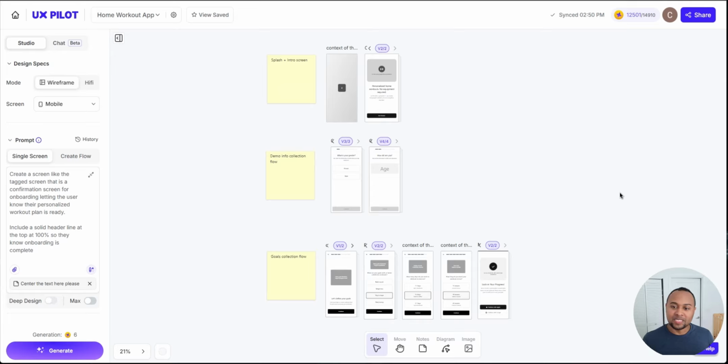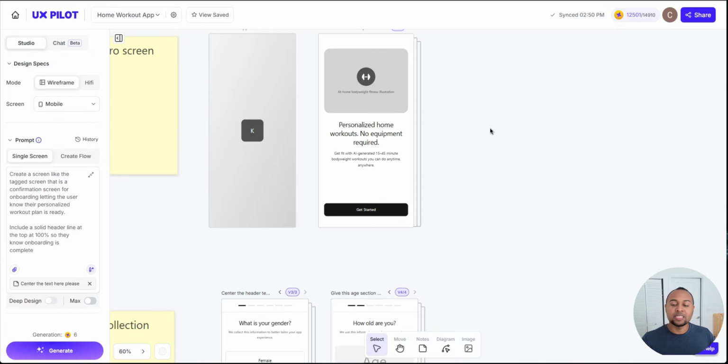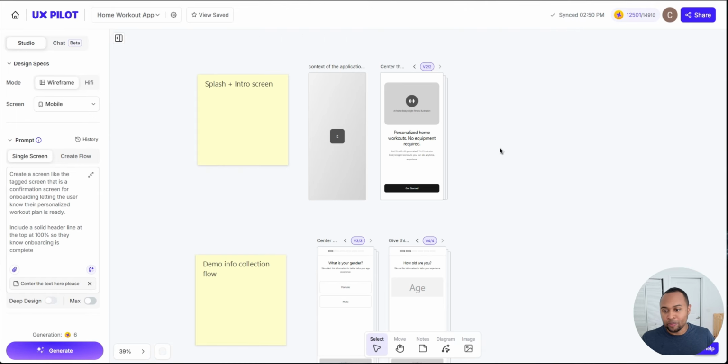Welcome to part 2 of designing a mobile application onboarding flow using AI. I'm here in this tool called UX Pilot, and we're basically using UX Pilot and artificial intelligence to help us generate an onboarding concept for a mobile application. The whole concept of the app is that it uses AI to generate personalized home workouts that people can do without having to use weights or any of that equipment that you'd find in